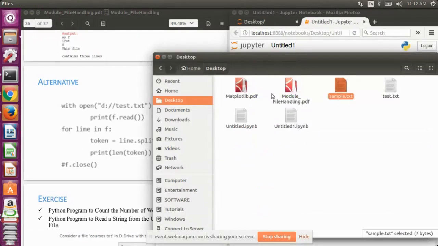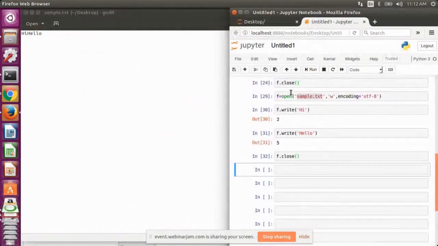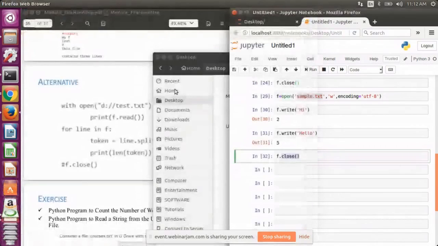Fine. So let's close this file. And now you can see the data is written. So until and unless we do not write the close statement, the data is not saved back to the file. Basically, the write function executed successfully, but the result was not stored back to the file. It was stored in RAM. As soon as we wrote the close function, whatever data we wrote in the write statement got stored back into the sample file, or you can say in the hard disk. So it's always necessary to write the close statement to successfully write the data.